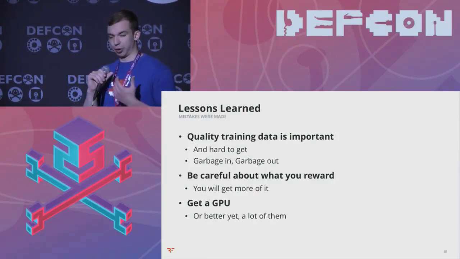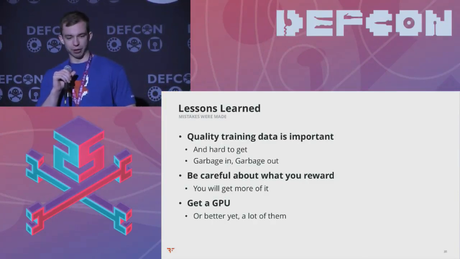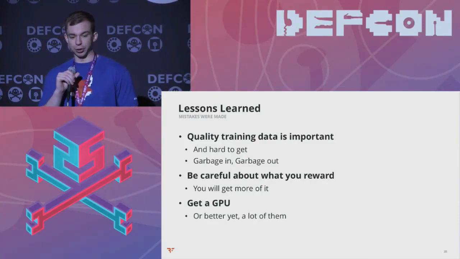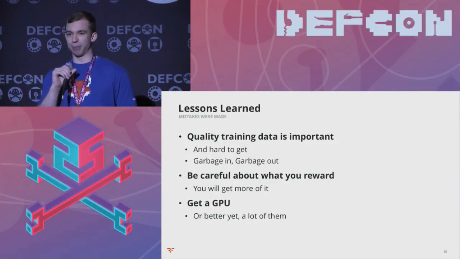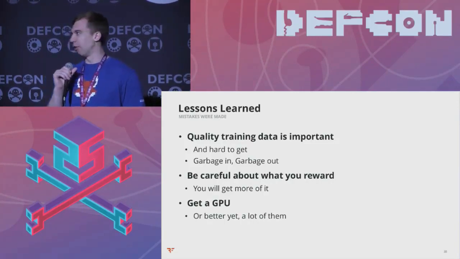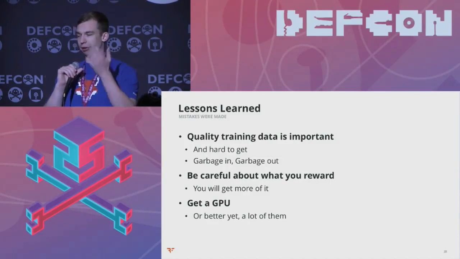So training data, super important to get. Scraping the internet, becoming Google is pretty hard. They do a pretty good job of that. So you want to try to get really good training data, and also you want to be incredibly careful about what you're rewarding. It seems like common sense, but it can really sneak up on you in interesting ways. One of the funny things that happened was we didn't incentivize characters we had already found. And we thought, oh, well, we're rewarding characters we found.